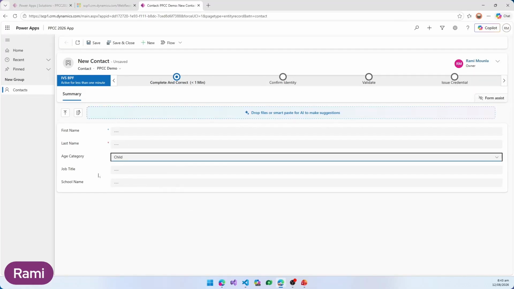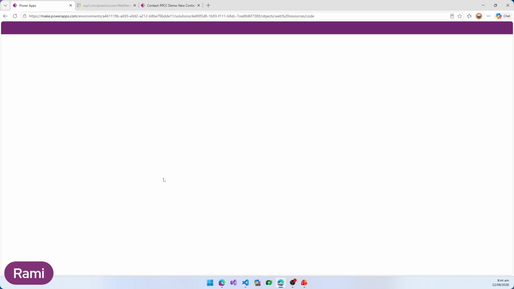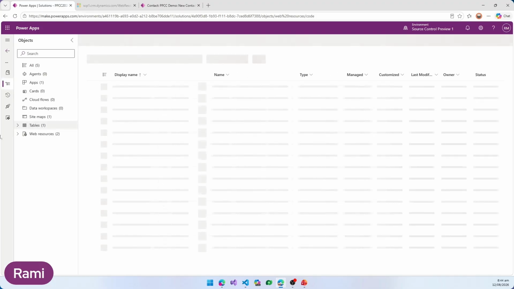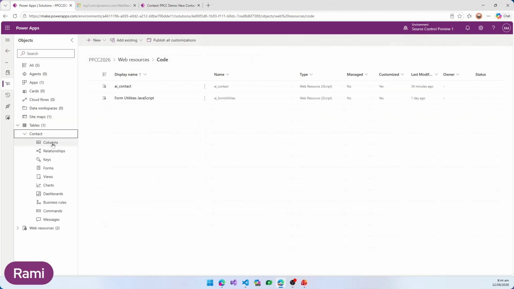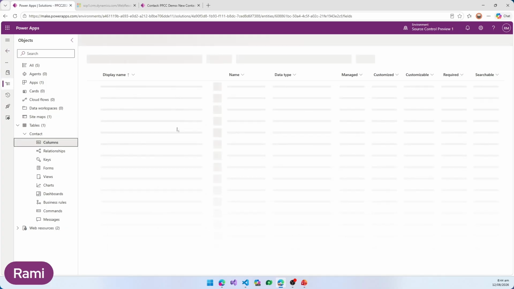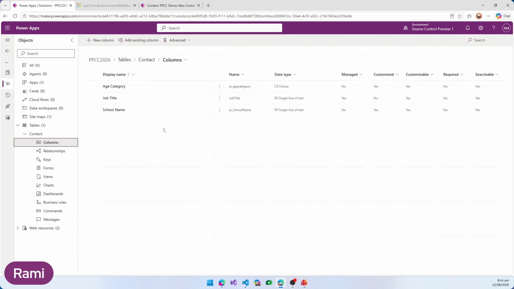One of those is an out-of-the-box field, which is the job title, and one is a custom field, which is the school name. Now, a typical maker would then go into make.powerapps.com, and then they're going to open their solutions. They're going to have a look at what that form looks like. They're going to have a look at the choices behind those forms, just to understand what's the value behind an adult, for example, and what's the value behind a child. So they go into context, into columns, and then over there, they're going to see the choices capability. And again, they try to find out what is the value behind those choices. So typically clicking on that element.